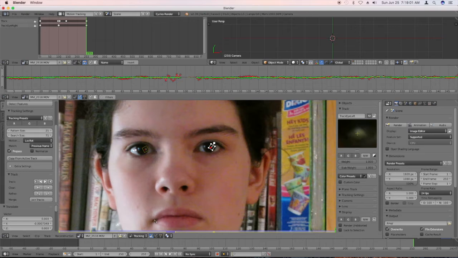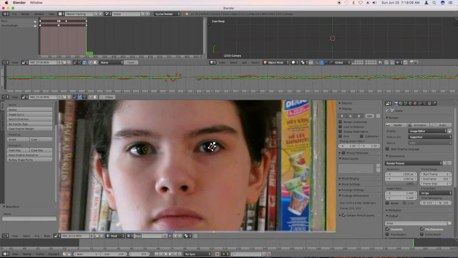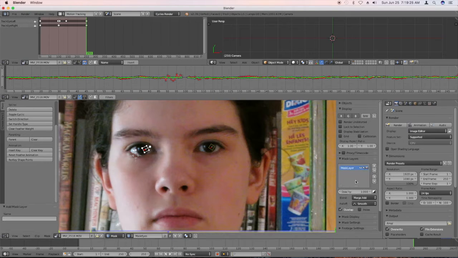So now we got to set up the mask. So we're going to go down here, select masking mode, hit new, and actually we're just going to have one mask for both eyes. So we'll just say mask, name it as masked eyes, but we'll have 2 layers for it. So I'm going to go ahead and hit this plus button on the side, name this mask eye right,